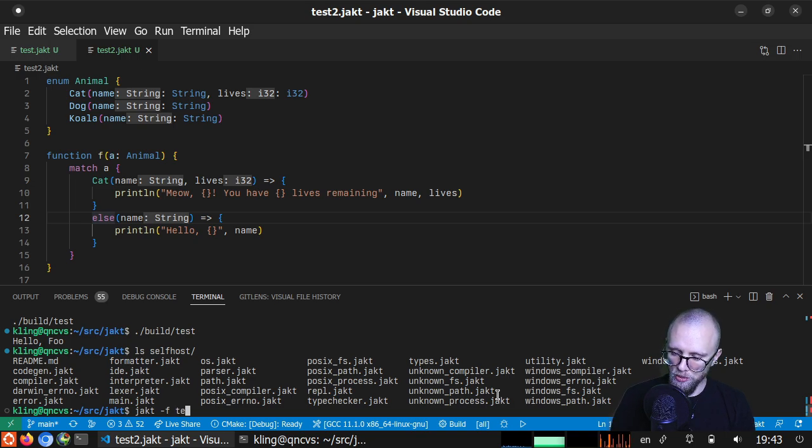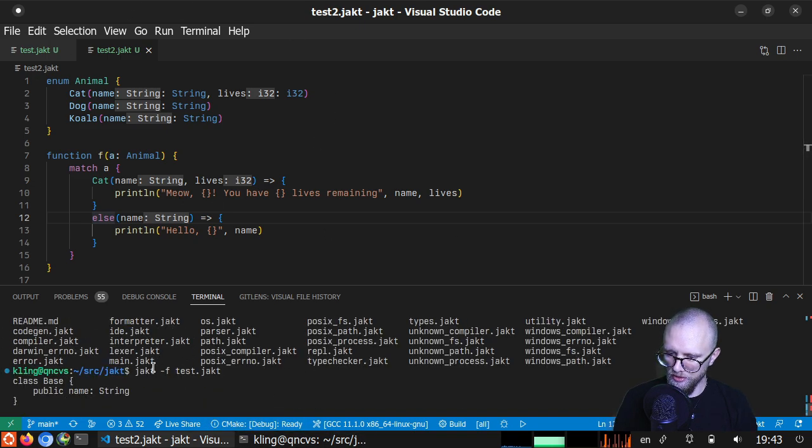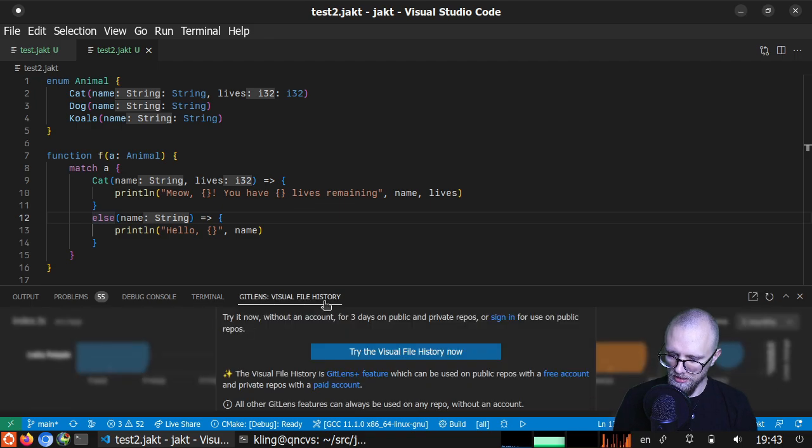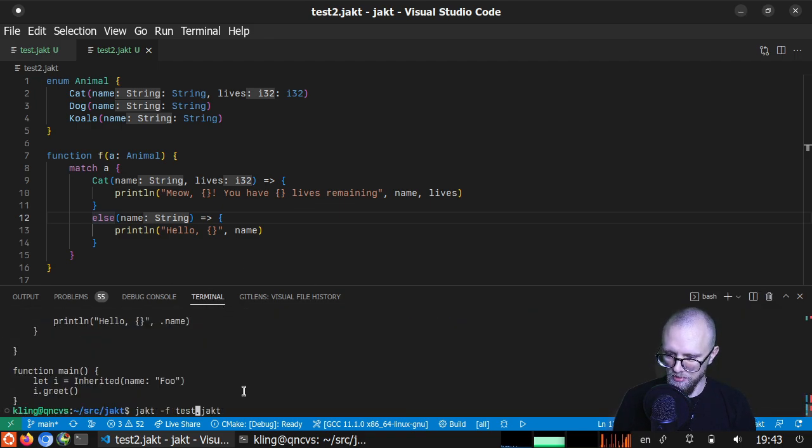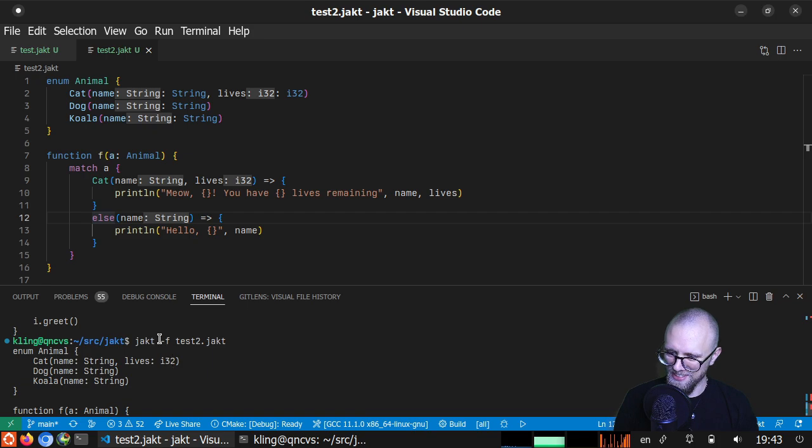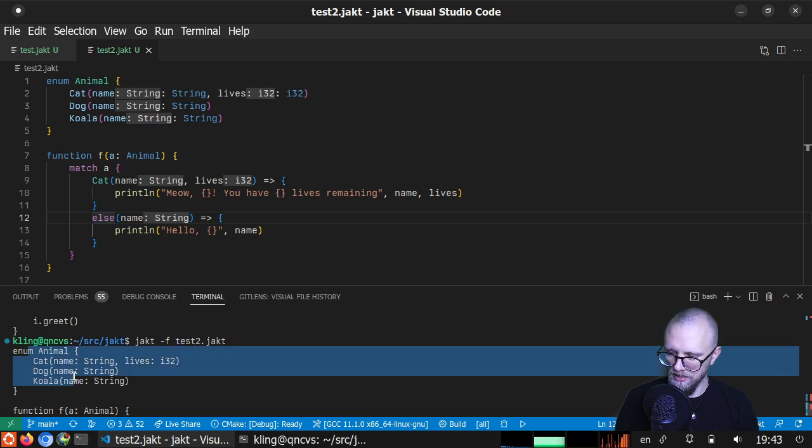We now have auto formatting for code, although it's not hooked up in the IDE here yet, but I can run it on the file I just wrote, for example. Or actually, that was the file I previously wrote. Here it is. So as you can see, it just takes a Jakt file as input and then produces a